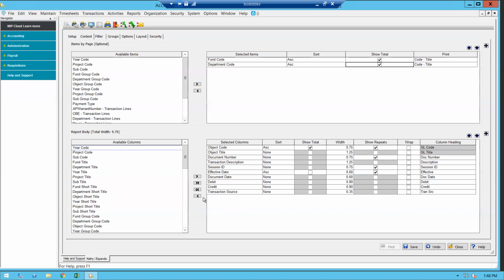The lower two boxes, if you will, same concept, left to right selects, right back to left deselects. These are the columns that you'll see on your report. So object code, object title, document number. These will all be different columns on the report. So let's just take a look at that. And again, notice object code, object title. We got debits and credits down the bottom. If I display that up to the screen,